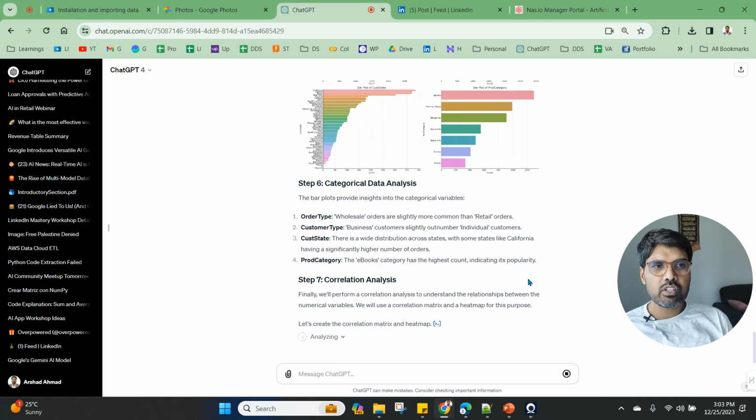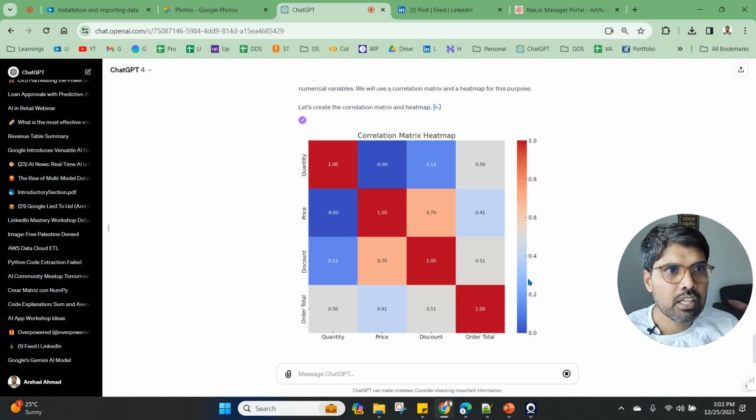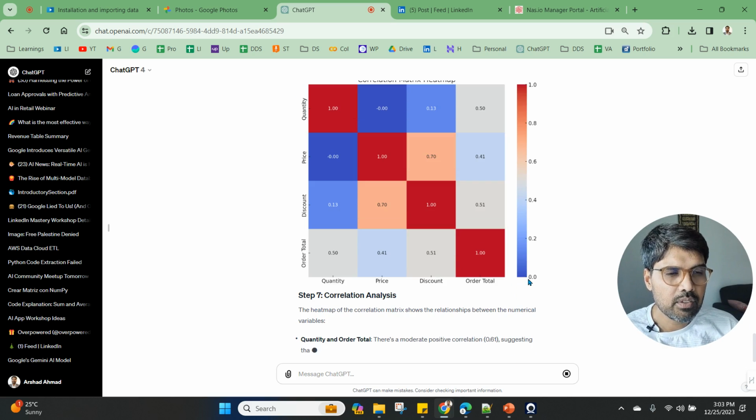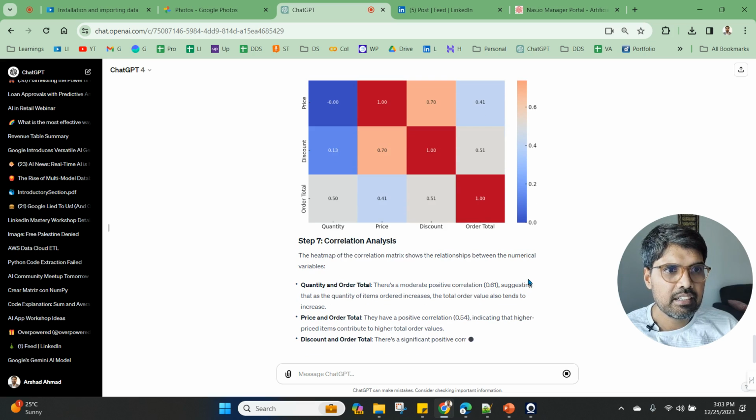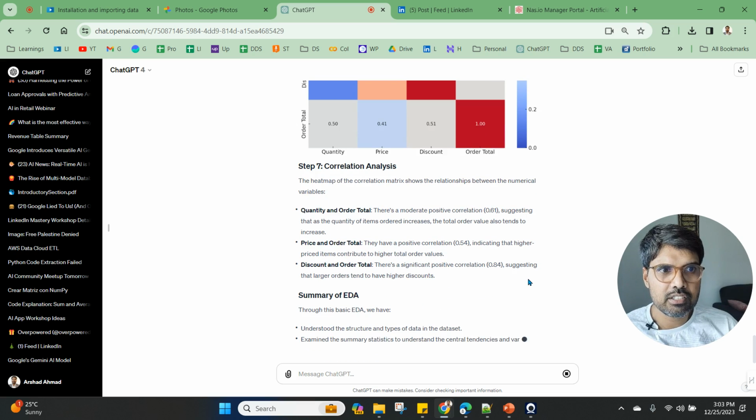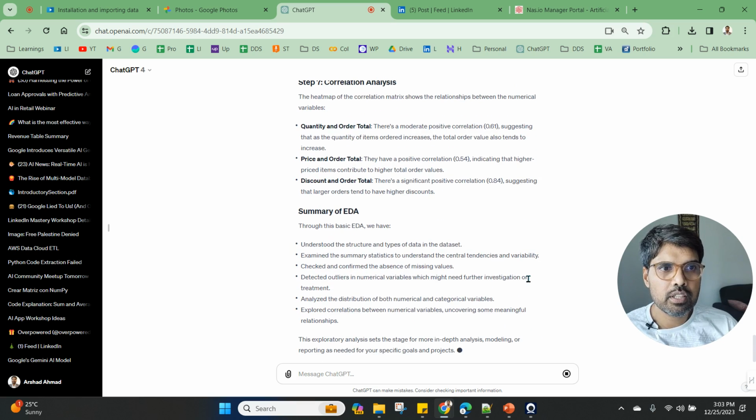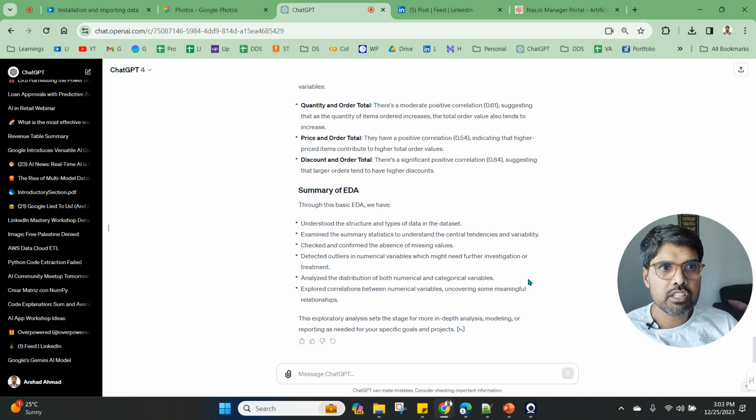Now in the categorical data analysis, they are doing something about order type. They have done the correlation analysis as well, and they are also doing a summary of the EDA, mentioning that there is no missing data, and detected outliers in numerical variables which might need investigation or treatment. So now, just in this case,